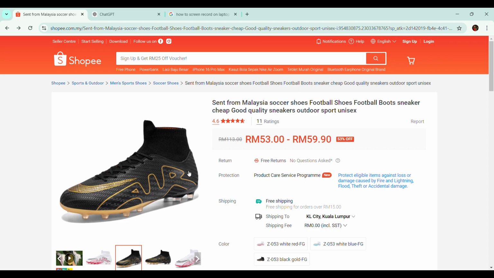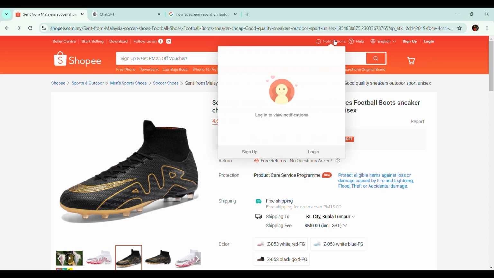Last but not least, how well does the notification system keep you updated on your orders? So as you can see, this is the notification system. How well does the system help the user to keep track of their order, and also alert them about the upcoming or ongoing promotions for certain products that they might have interest in?